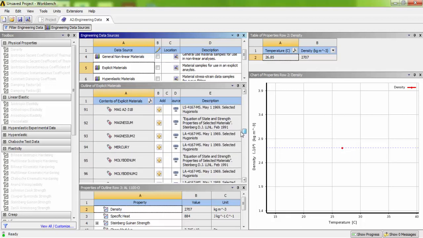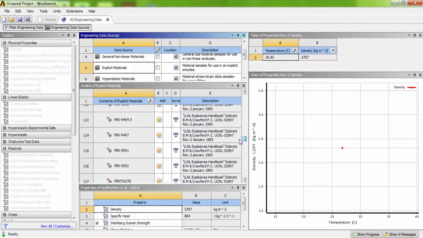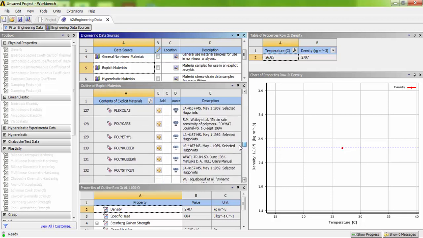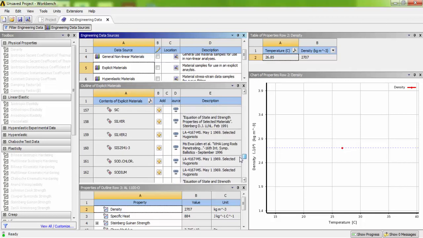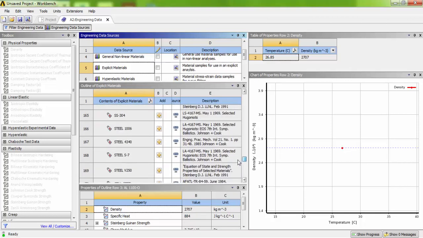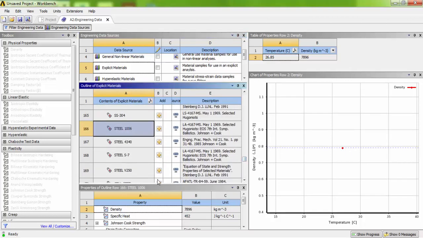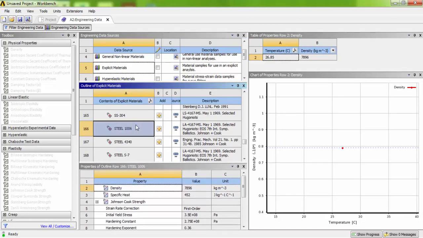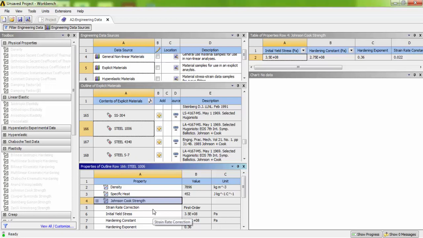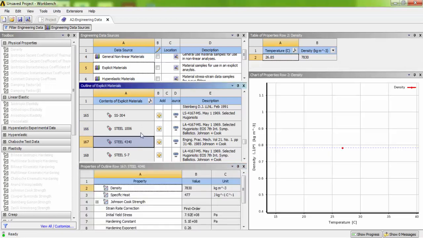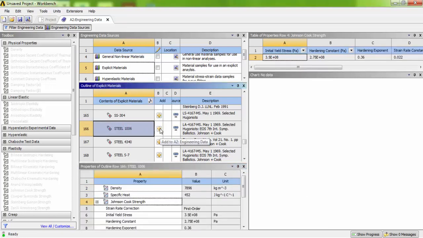Here I am going to choose the steel 1006 model. So this is predefined in the library. You can verify that there is a Johnson Cook strength material model available in this. So I am going to add it for my analysis. Just click the plus button.